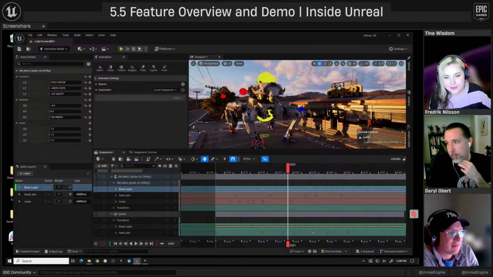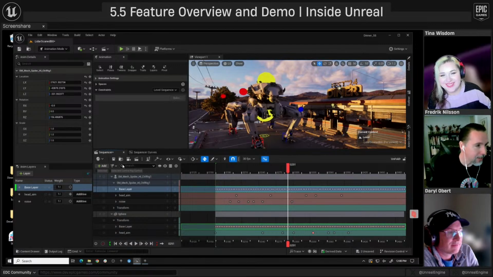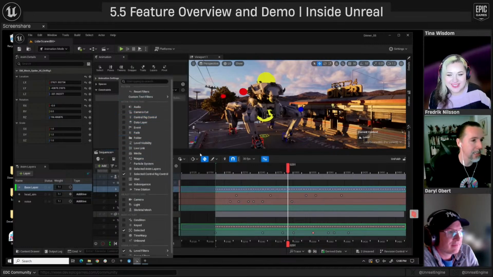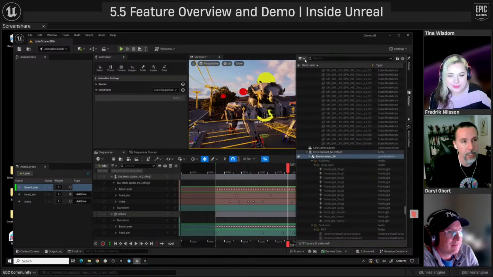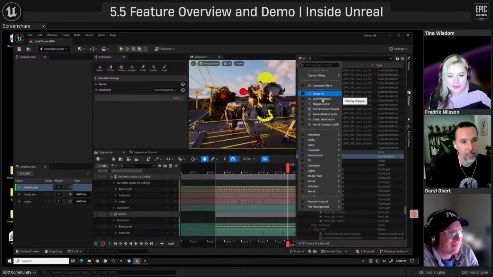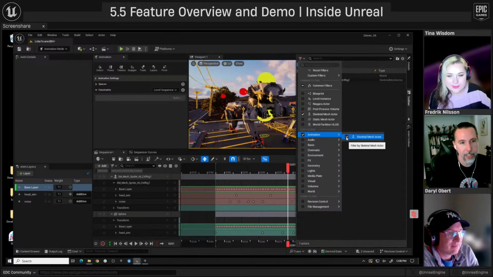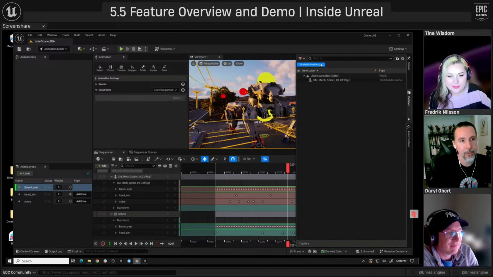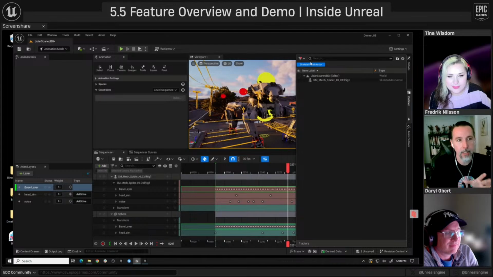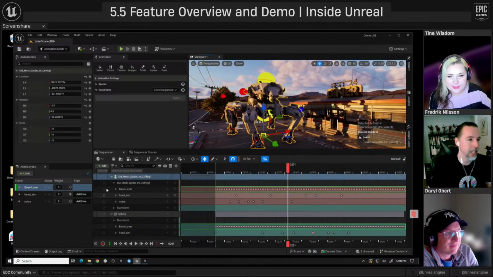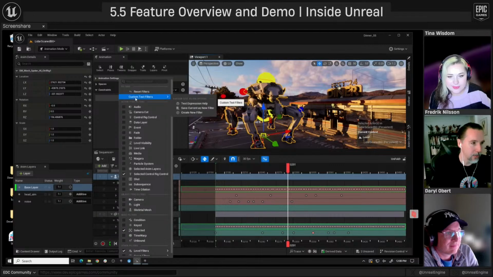Okay, sidebar details, some of the display options. Filters. I'm going to check my notes because I know I'll miss something. Okay, filters. So we rewrote this filter system more in line with what you may have been used to for the content browser or the outliner, where you can click up here and add filters. So in this case, I'm just going to say I want the skeletal mesh actors only, right? So that filter now becomes a button here, which basically, if it's not on, it's everything. If I click this, it only shows me skeletal mesh actors. We wanted to take that concept and bring it into the sequencer. So we moved the filters that used to be in the sequencer to this.